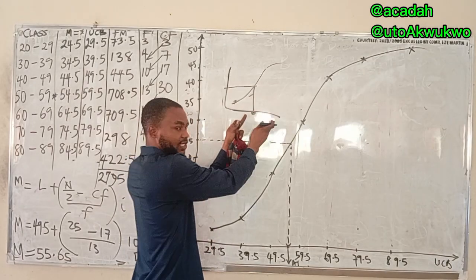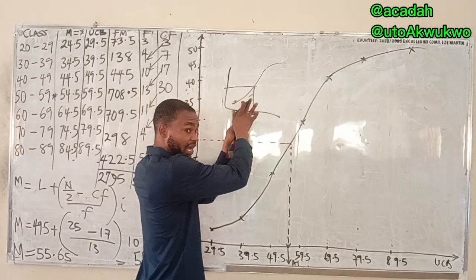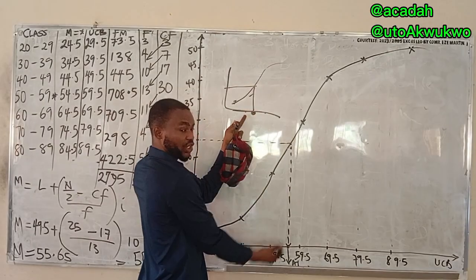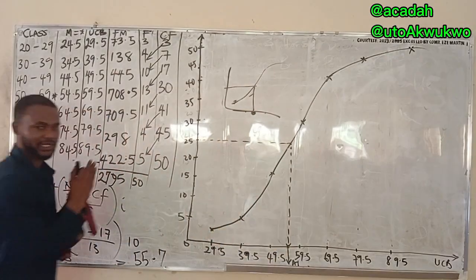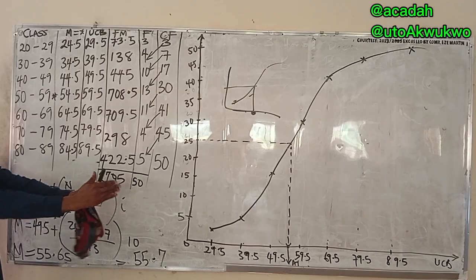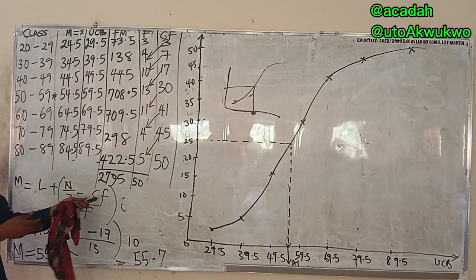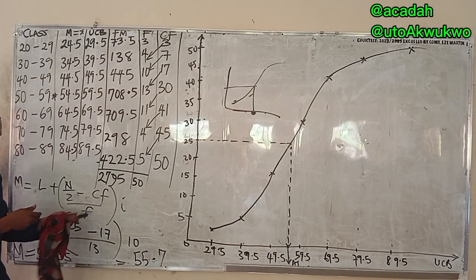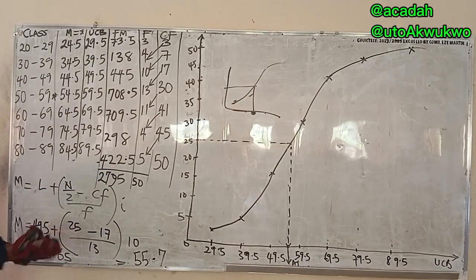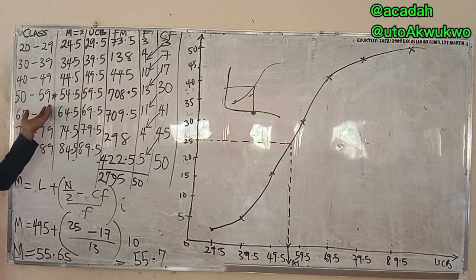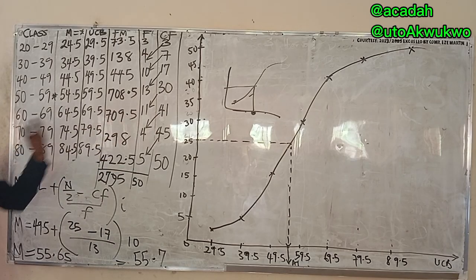Now, maybe you are not using a graph, you just get that it's in between the classes, just like we've done now. Locate that class. What you do with this is to know the class, so that you can find the cumulative frequency before that class, and then the frequency of that class. Because without doing this, you can't know which class the median is. It's not like mode where you just say the one that has the highest frequency is the mode. The only way to know the class is for you to do this. So as you practice, whichever one you find fastest, you go with that one.